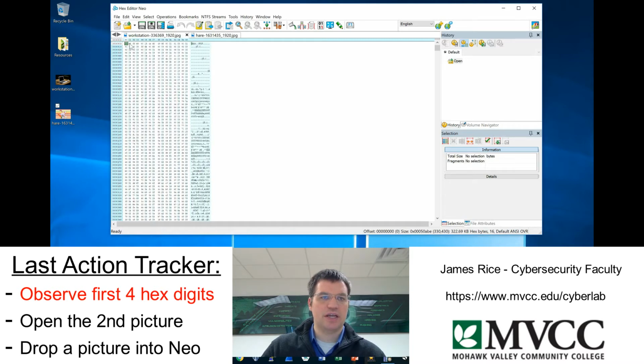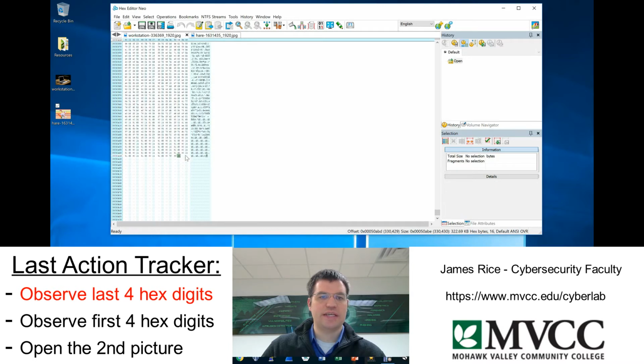Okay, in both of the files, FFD8 is what begins the file, and this is what can indicate that this particular file is a JPEG. Whenever we have a JPEG file, if you scroll all the way down to the bottom of it to see where the data ends, you'll notice that it ends with FFD9. Okay, so this is for a well-behaved file, a beginning of file code and an end of file code